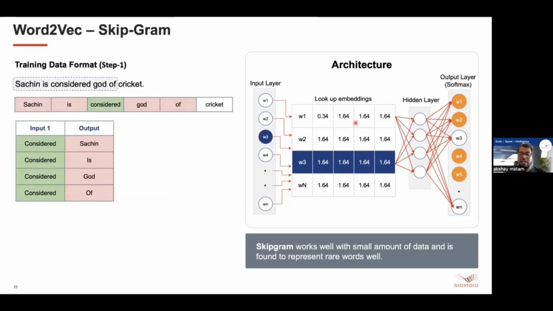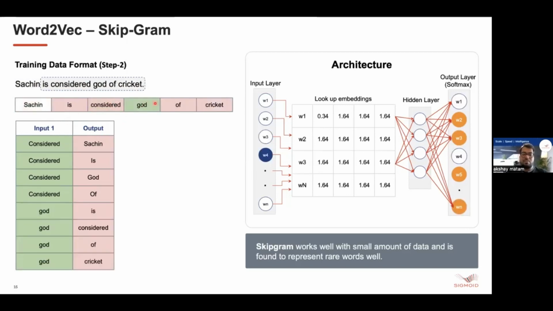Moving on to the skipgram technique, this is similar to continuous bag of words, but just a reverse of the architecture. We are going to give a keyword and the model is asked to predict the context around the keyword. So taking the same example, we have a sliding window size of 5 here, taking considered as the input keyword, and the model is asked to predict the context around it. As we have taken 5 as the window length, we have four keywords around the keyword considered here.